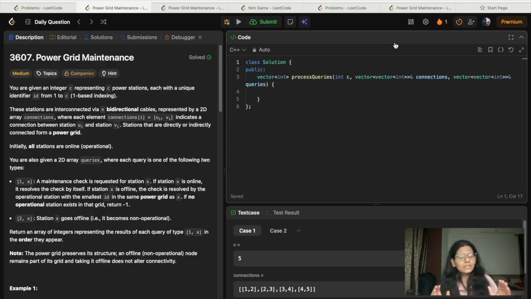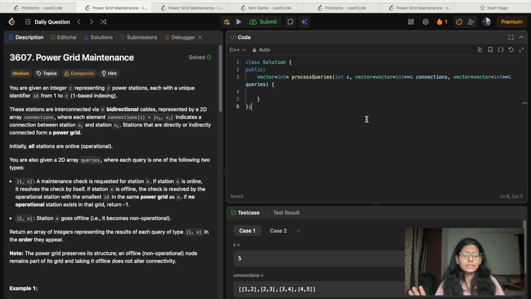It is as simple as that. C power stations means we have C nodes, each with a unique identifier ID, which means 1, 2, 3, 4 up to C. These stations are interconnected via n bidirectional cables. It means we have n edges between them.